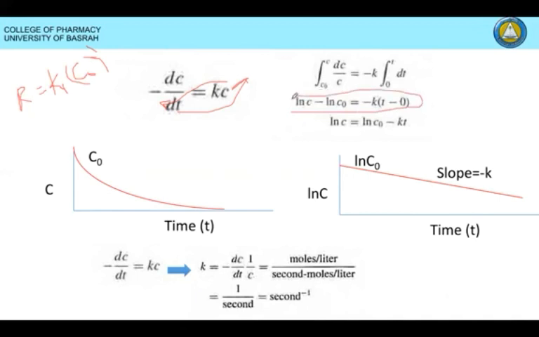Then next we see the limitations of accelerated stability analysis. The first limitation is that stability predictions based on the Arrhenius equation are valid only when the activation energy for the thermal decomposition lies within the range of 10 to 30 kcal per mole. Second, certain reactions which usually do not take place under normal conditions of storage may take place under accelerated or high stress conditions, and hence actual information may not be obtained. The third limitation is the order of reaction may be different in real and accelerated conditions.